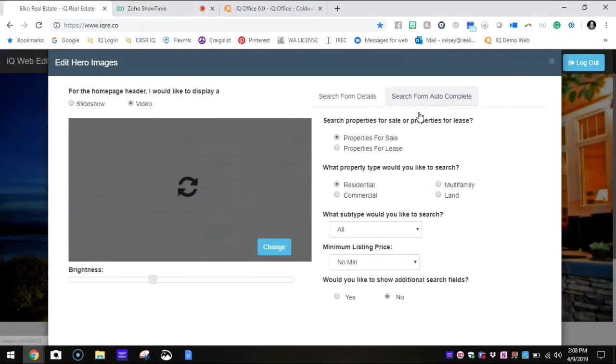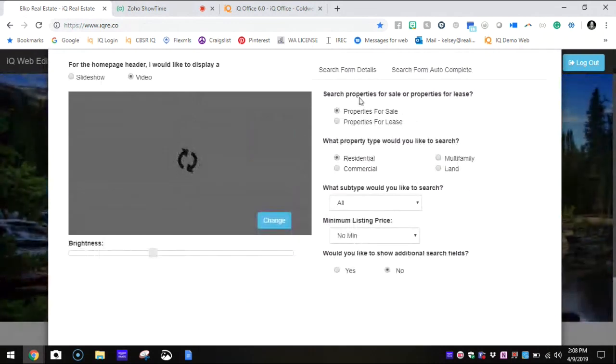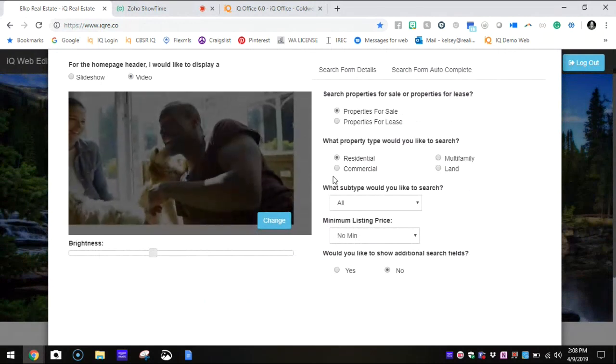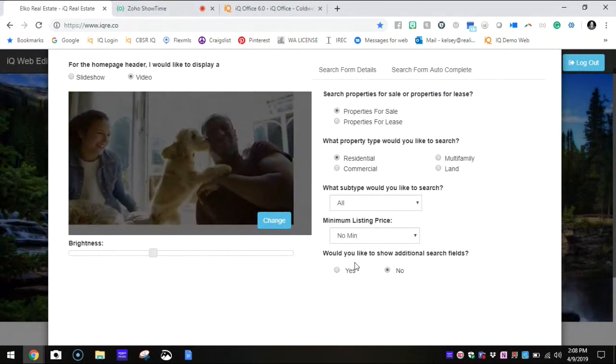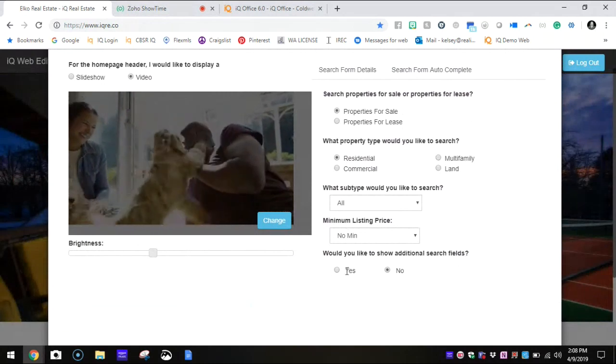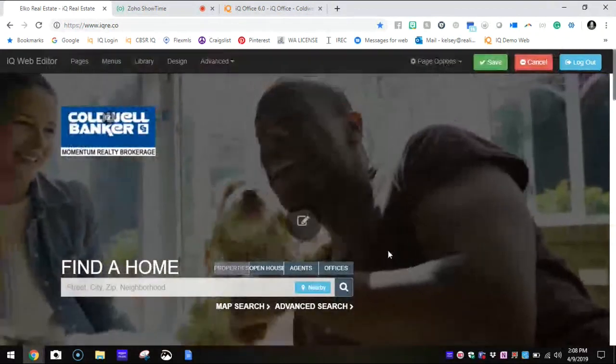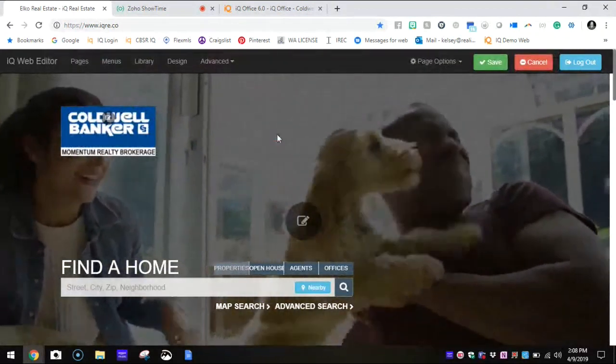Once you've chosen all of the information for that video, make sure here, do you want properties for sale or for lease? What kind of property do you want to search? What subtype? And do you want to show additional search fields, yes or no? Once you've made all your changes, click on the OK button, and it will exit you out to your main